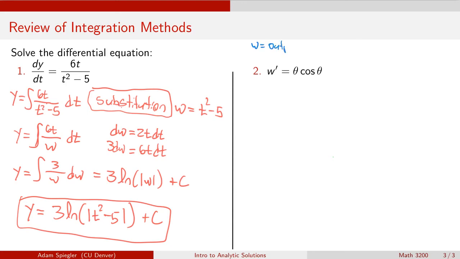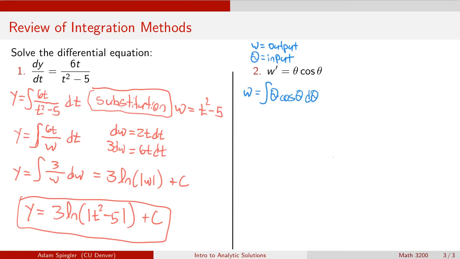And so if it's not clear, I think a good first step is just to identify what are the input and the dependent variable in regards to this differential equation. Because we have w prime, that means w is the dependent variable. And when we use the prime notation, it's not clear necessarily what the independent variable is, but we can read that from the right side: it must be that theta is the input. Okay, so to solve this differential equation, to solve for w, we integrate the right side, theta cosine of theta